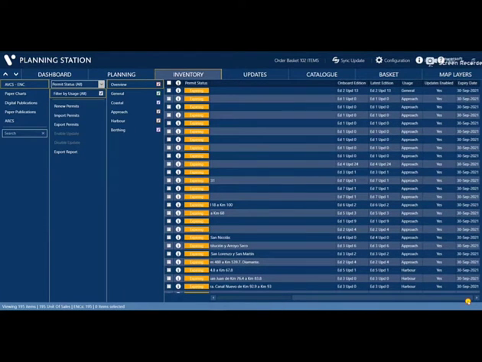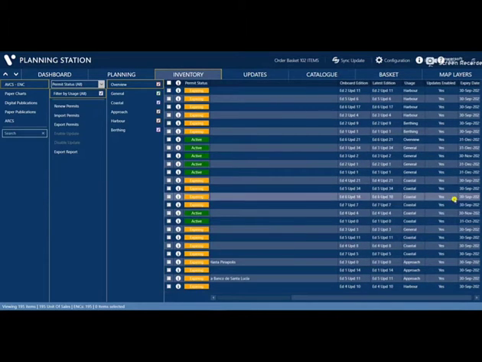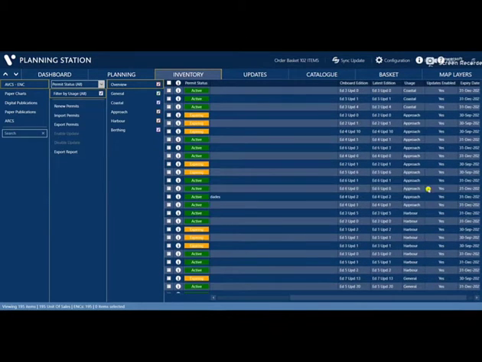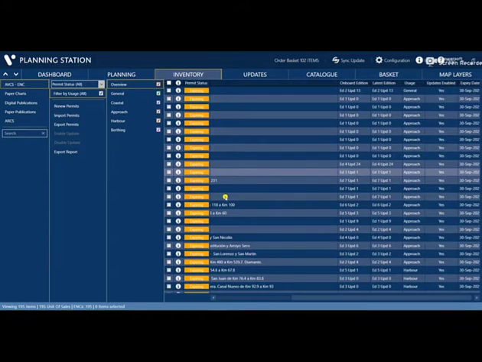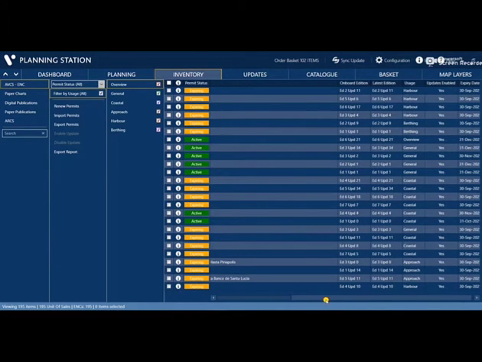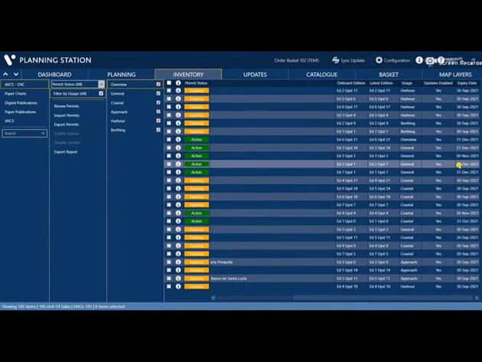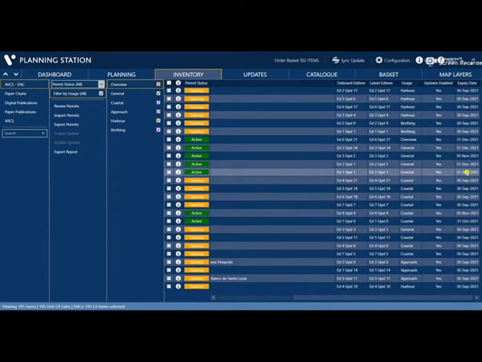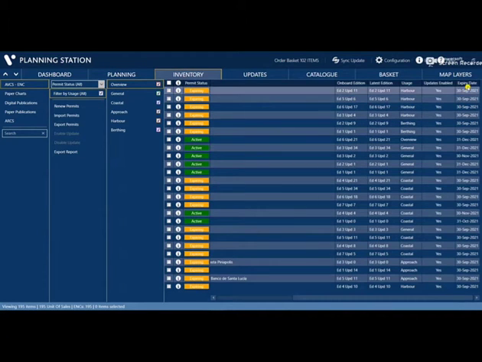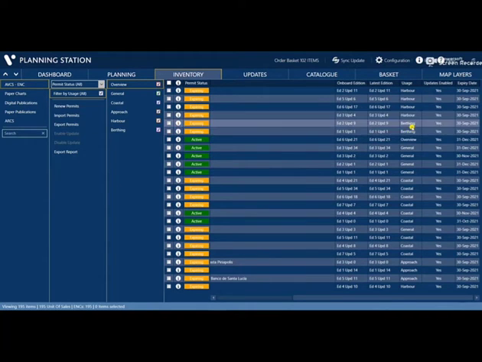Now here, this is my holdings in ABCS. You can see here the permit status and also the expiry date. When you make a route planning in Voyager 8, then only add to basket and request permit for those ENC, digital publication, and paper chart if you are not paperless.